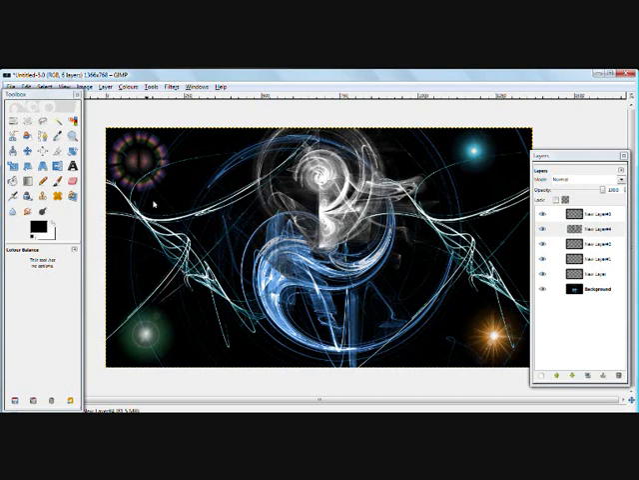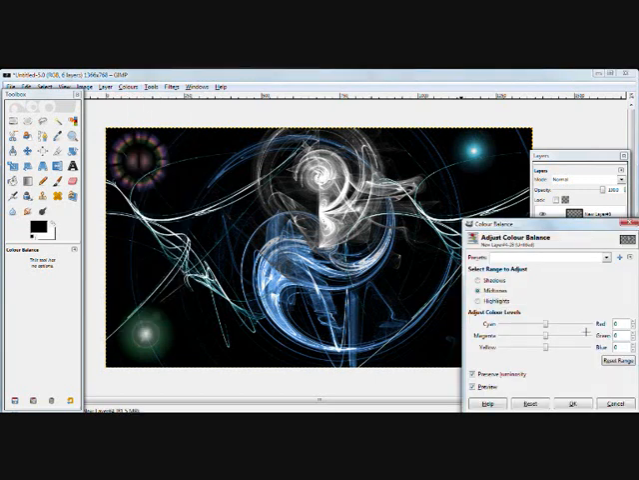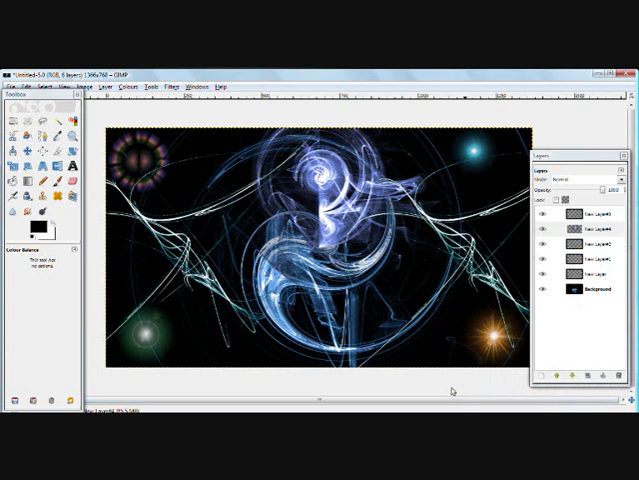Right, okay, now it's loaded. You can change the colour to whatever you want. Go into colour balance again. I'm going to make this one completely blue. And yeah, once you're finished with it,